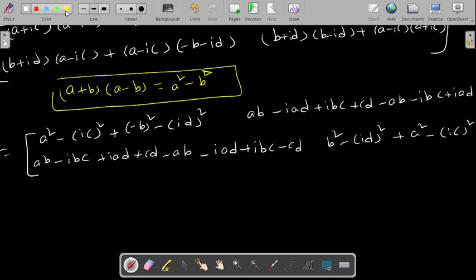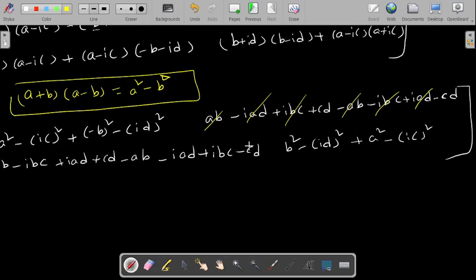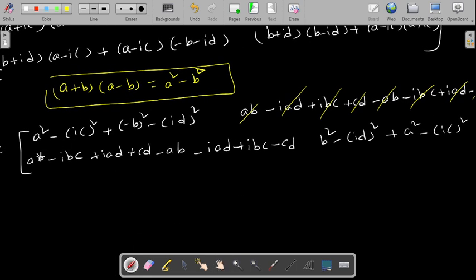So now this will be plus AB, minus AB subtracted, minus iAD plus iAD subtracted, plus iBC minus iBC subtracted. Okay, so now plus CD minus CD subtracted. So next plus AB minus AB subtracted, minus iBC plus iBC subtracted, plus iAD minus iAD subtracted, plus CD minus CD subtracted. So therefore this will be